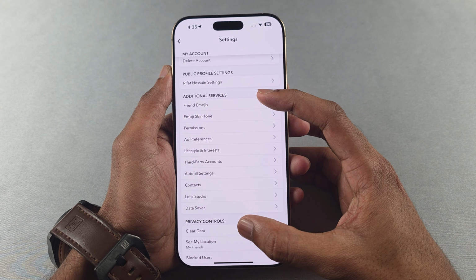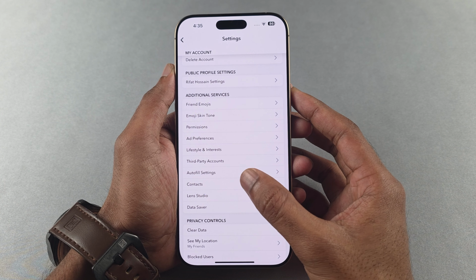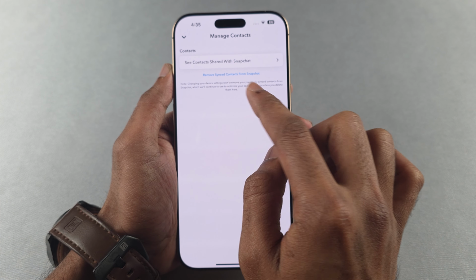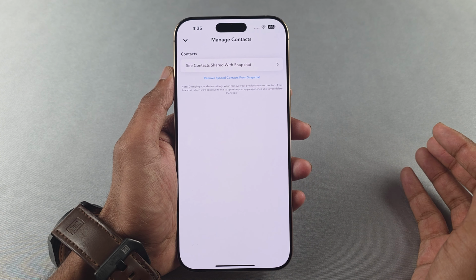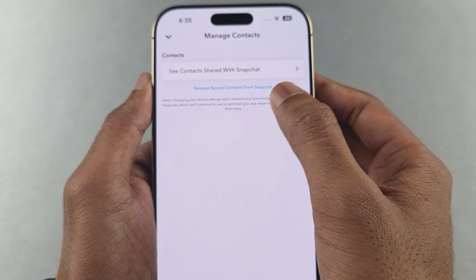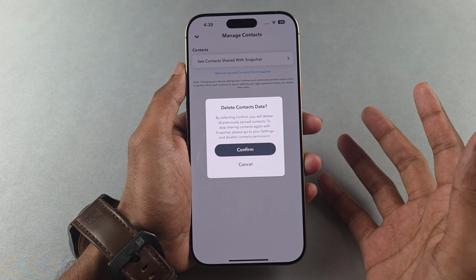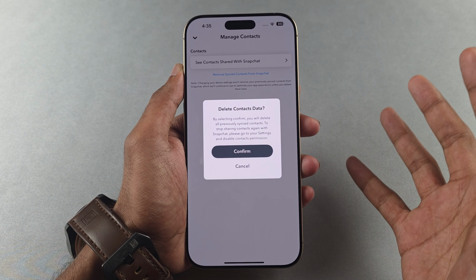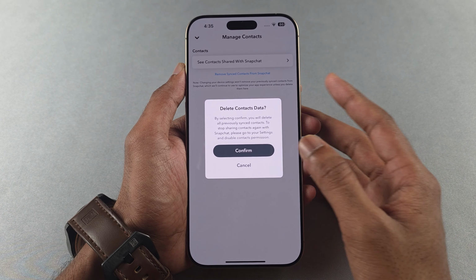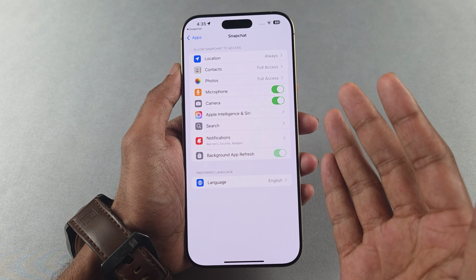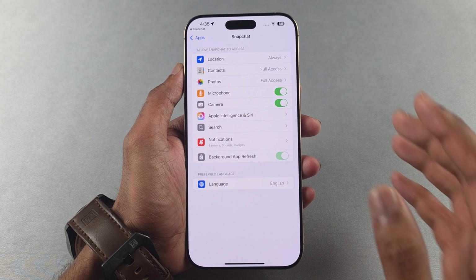Then you just need to scroll a little up and you will find this additional services section where you can find these contacts here. Now tap on it, and from here you can just tap on this remove synced contacts from Snapchat. Here it is, you can find it here. Now tap on it and confirm that you want to delete contacts data that are already associated with your Snapchat account. So tap on confirm, and from here it will just take you to the Snapchat settings